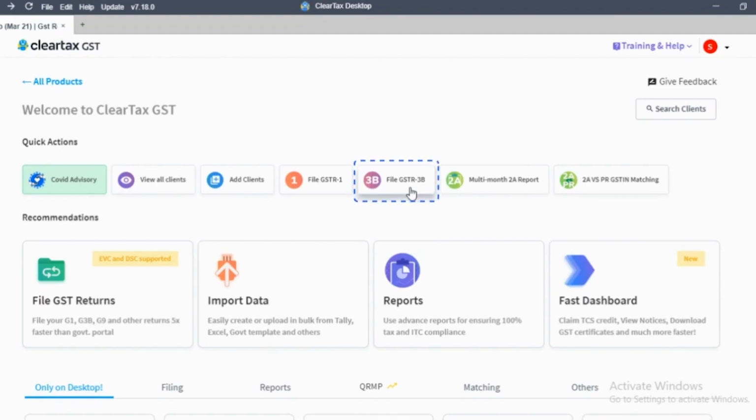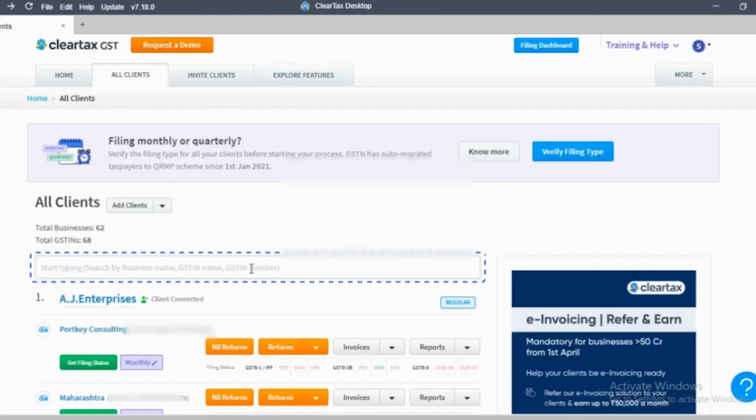Now that we got a quick overview of GSTR 3B, let's see how ClearTax helps with end-to-end filing for GSTR 3B. Click on View All Clients. Type the client name on the search option.